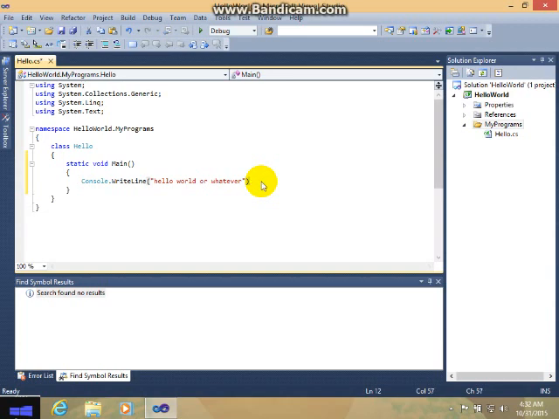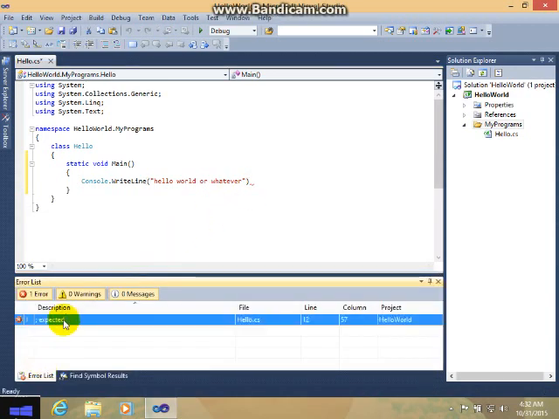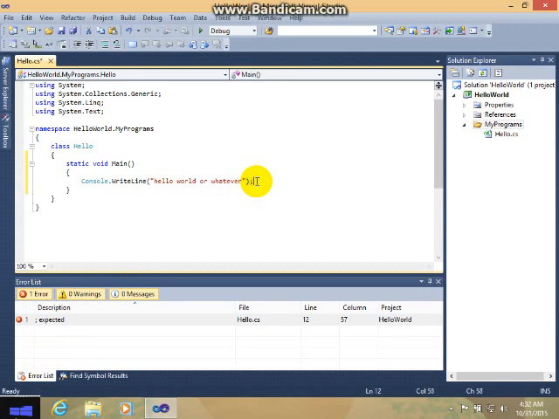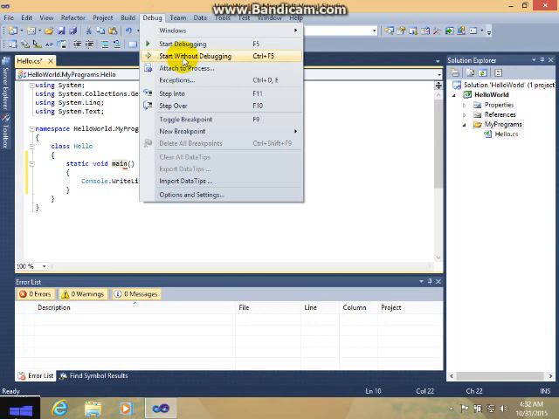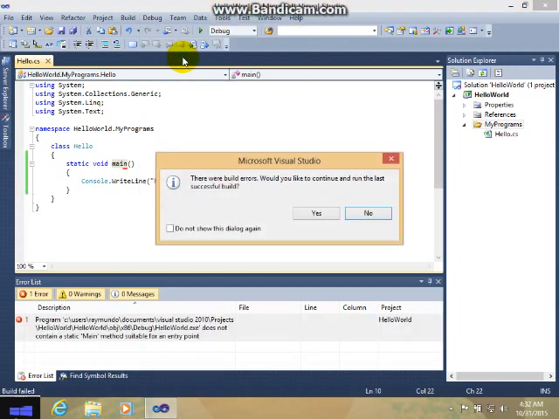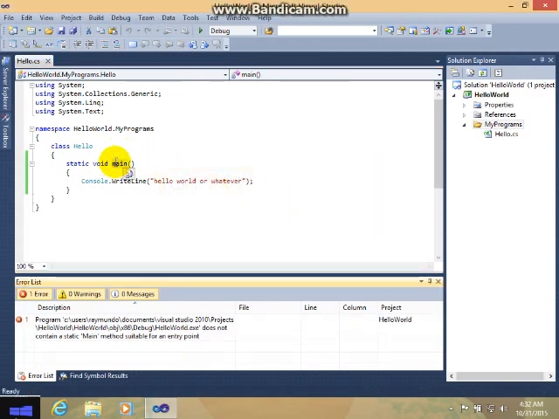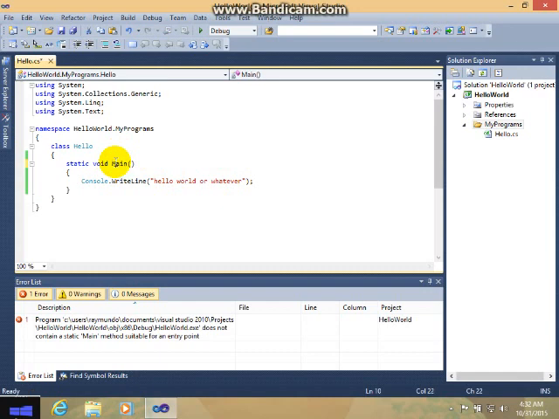If you don't have the semicolon, you can get an error like this, expected error. You should put the semicolon in it. The second error, which usually happens for me, is if this Main has a lowercase m. You won't see errors right away, but if you start without debugging, you can get errors like this. So make sure that this Main is uppercase.